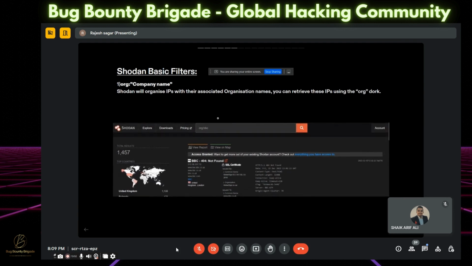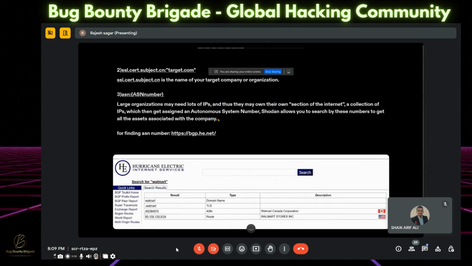Shodan will organize IPs with their associated organization name. You can retrieve these IPs using a single dork, that is org. Be specific about that. Second one is the